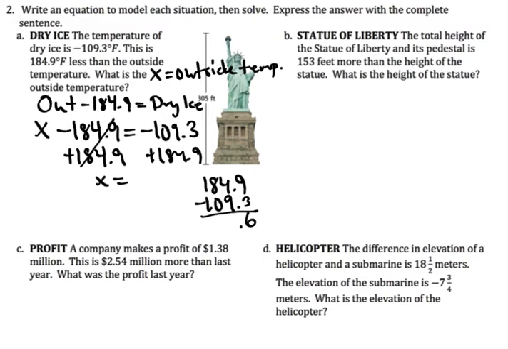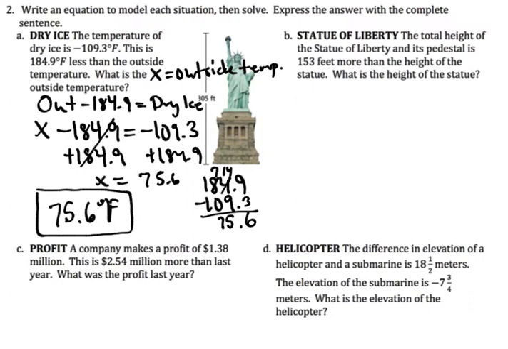9 minus 3 is 6. 14 minus 9 is 5. 7 minus 0 is 7. So we get 75.6. No, it's just 75.6. There's no negative involved there. It's 75.6 degrees Fahrenheit outside. That is the outside temperature. Now, to check that, I would just pick up my calculator, take 75.6, and subtract the 184.9, and you should end up with negative 109.3. Okay,